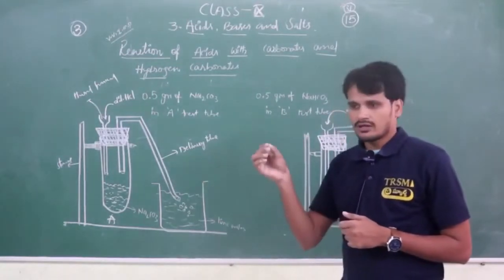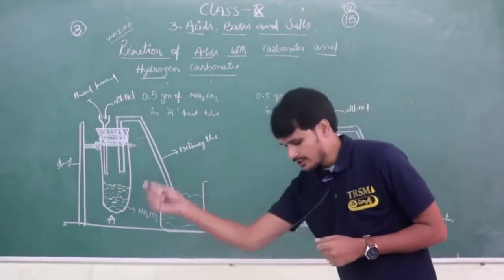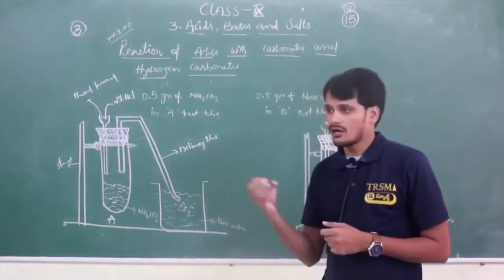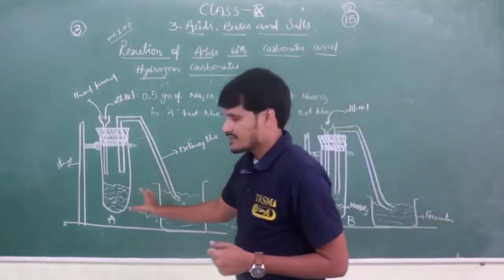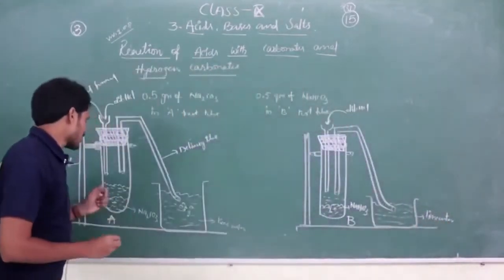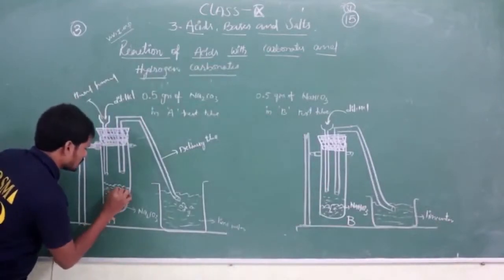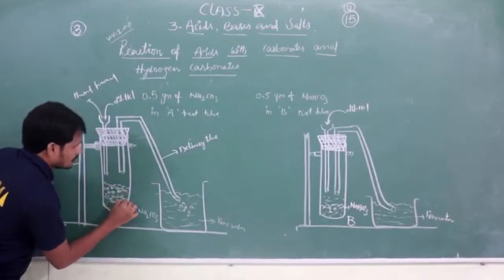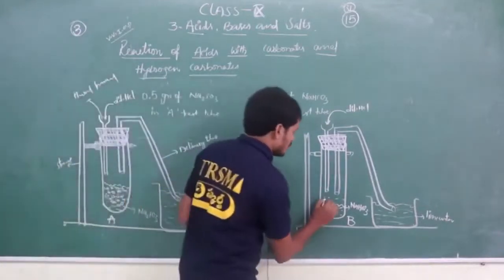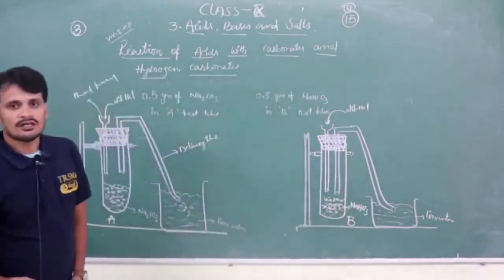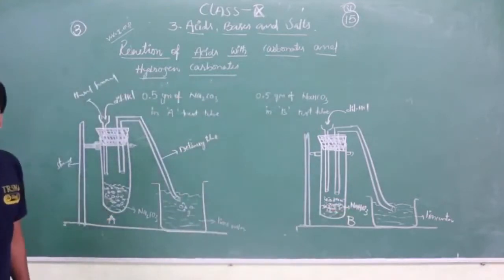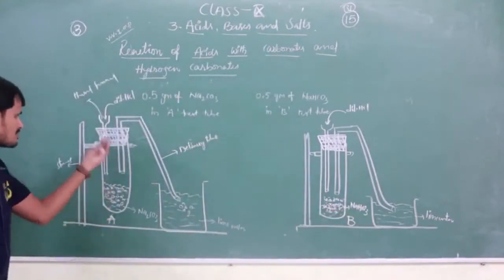Like how, if you add an ENO tablet to water, the bubbles look like that. Similarly here, the reaction is going on, and the bubbles continuously come. So that means some gas is liberating. We know that when some bubbles appear in the liquid, that is an indication of what? Some gas is liberating here.